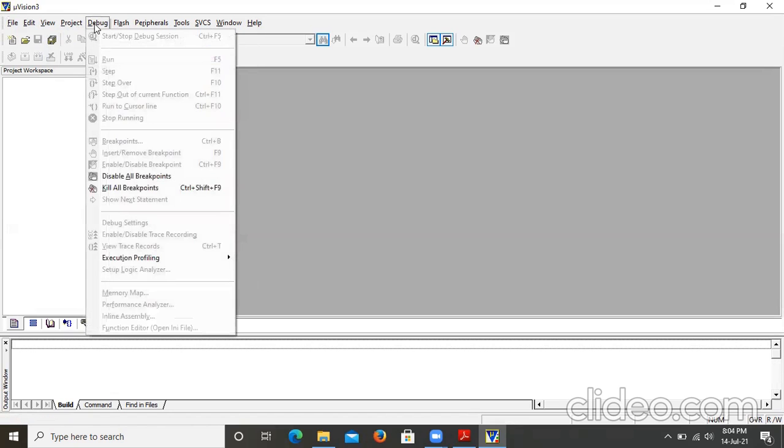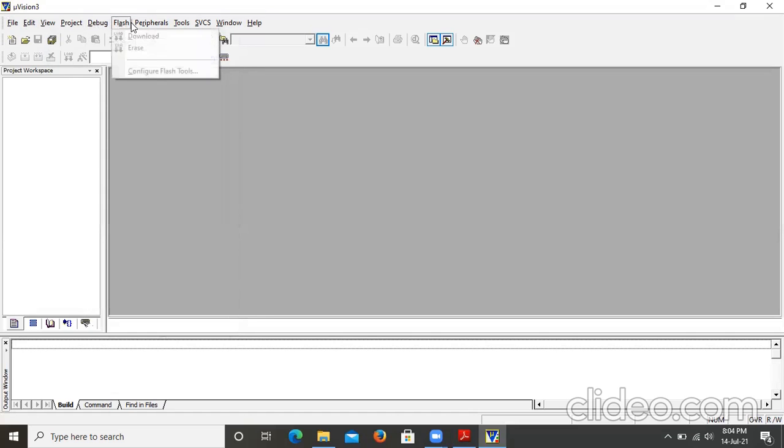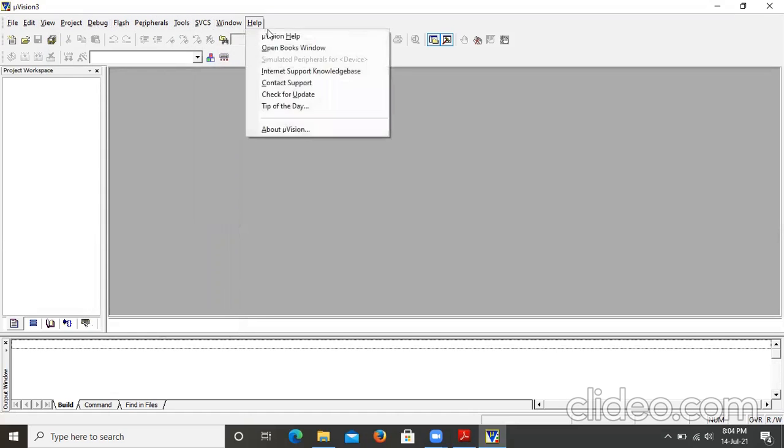Then there is an option called Debug. This Debug is nothing but the run of the program where you actually run the code. Then Flash and Peripherals are other navigations which will be used appropriately, so we shall discuss them in future videos.